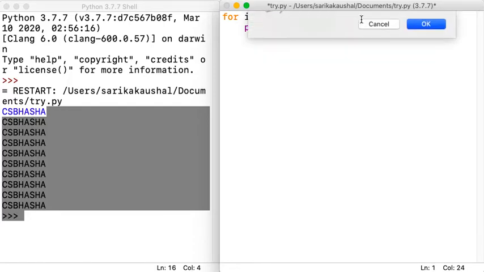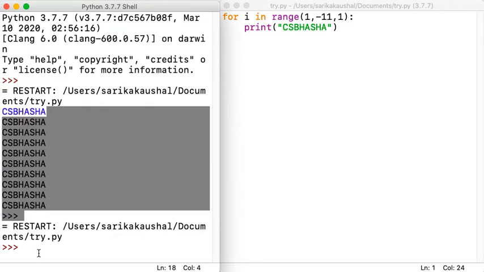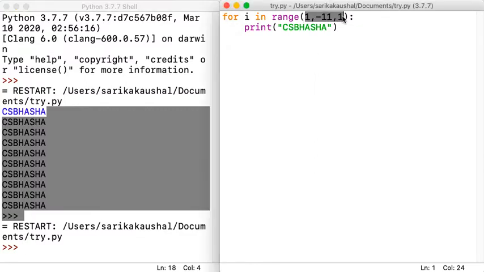And if I try to execute this program, you can see it will never execute, because the Python interpreter is smarter. If you're trying to give the values of the range function in a manner which can land you in a situation where you go into a loop which never stops, then it is not possible with a for loop. Always remember.